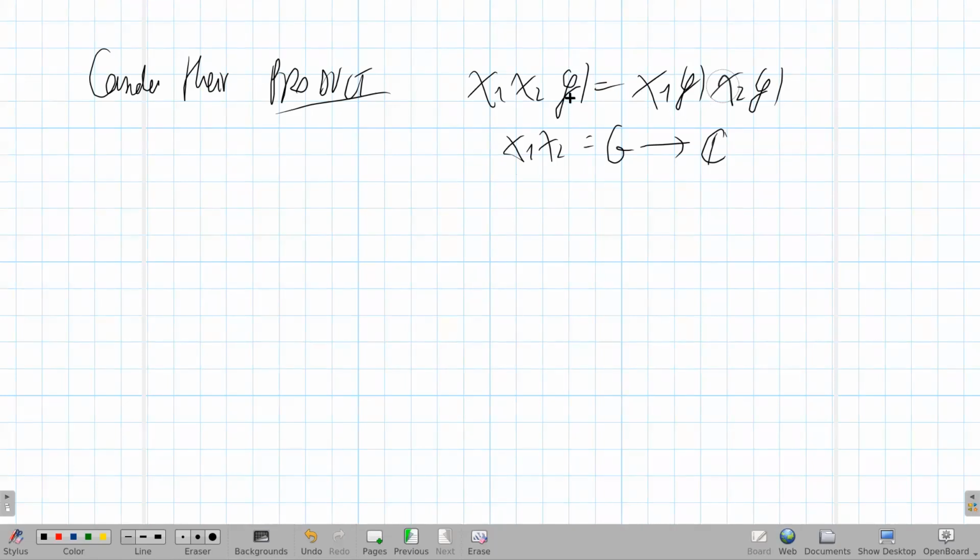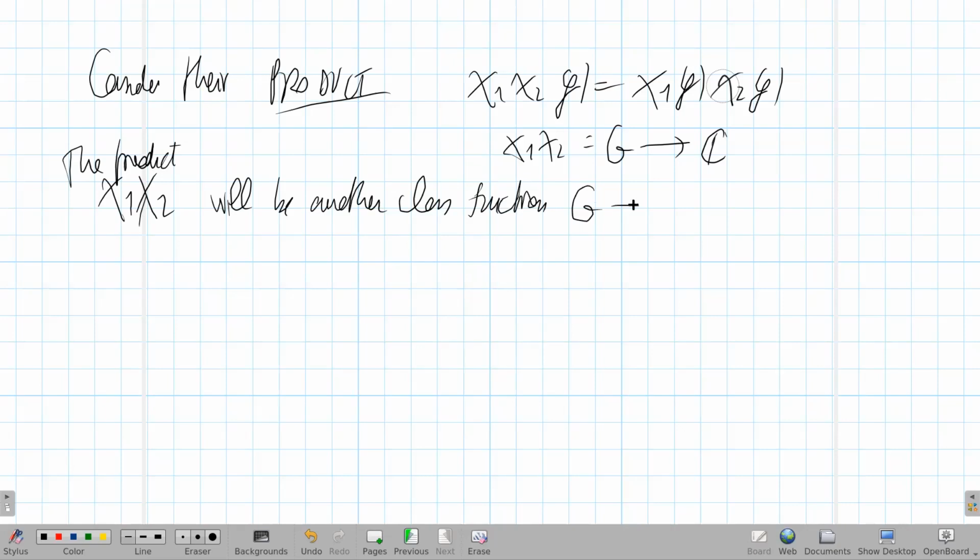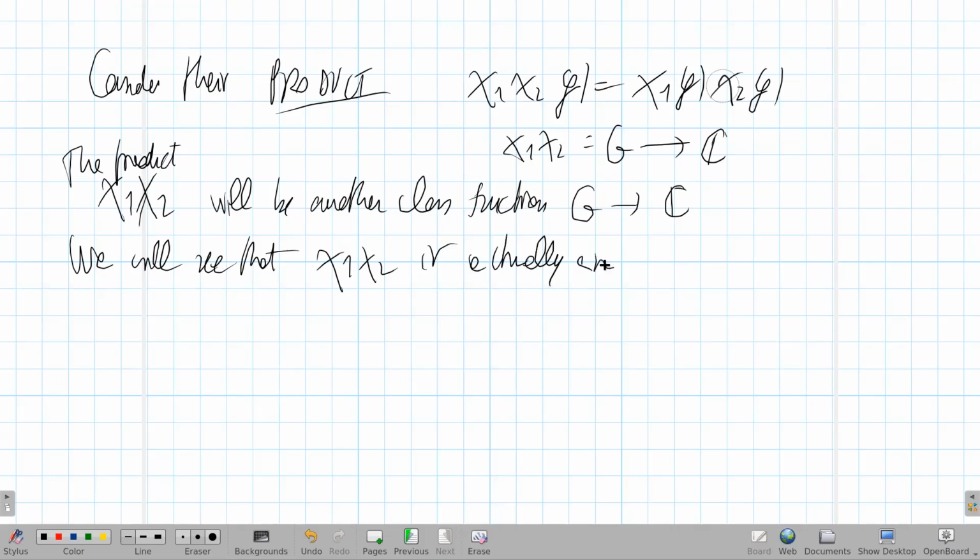Because clearly, if you replace g with a conjugate, then the values are the same. So the product chi1 chi2 will be another class function from G to C. I write it from G, but it's really from the set of conjugacy classes, if you wish. It's a function on G which is constant on each conjugacy class. We will see, this goes through tensor products, but I don't want to do this now. We will see that chi1 chi2 is actually another character